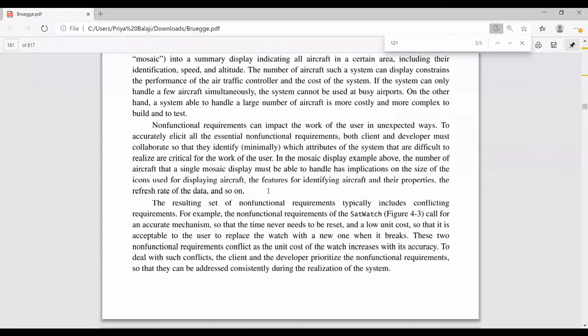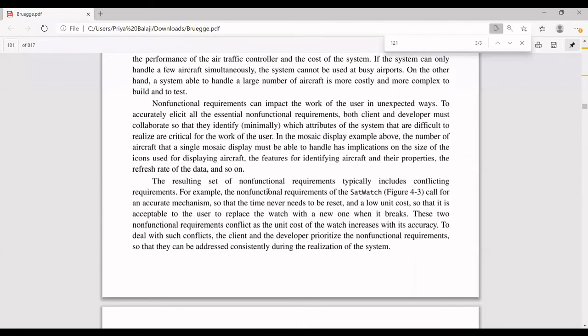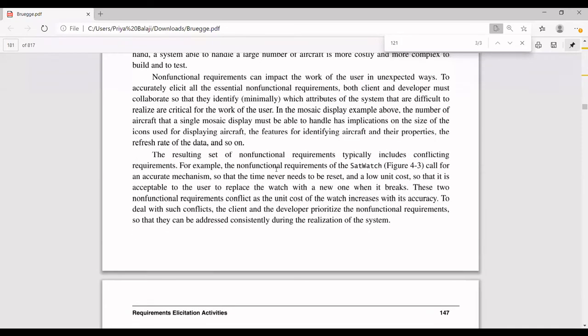So what exactly is required for the non-functional requirements? As a general layman example, take a car: what is the car color? What is the size of the car? How many seater is it? All these things come under non-functional requirements. It is not exactly used in the functioning of the car, but it is also required for the car. Like that, we have certain non-functional requirements.